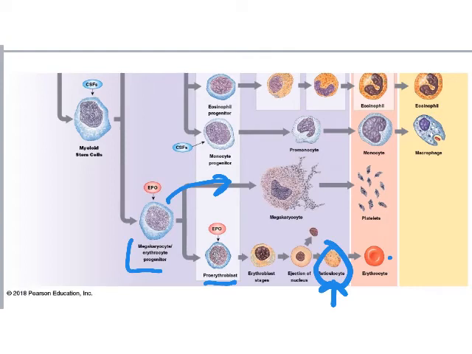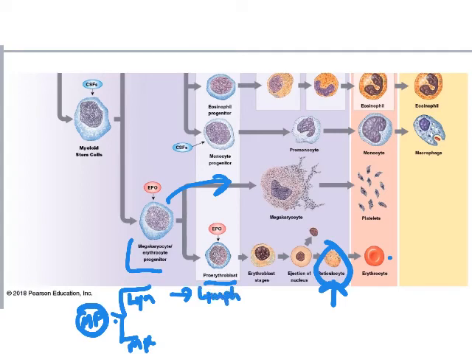Okay, so in the end, you've got your multipotent or pluripotent stem cell, and it can become, right, lymphoid or myeloid. And then you have to know the three lymphocytes, which you should already know. And then the myeloid can either become